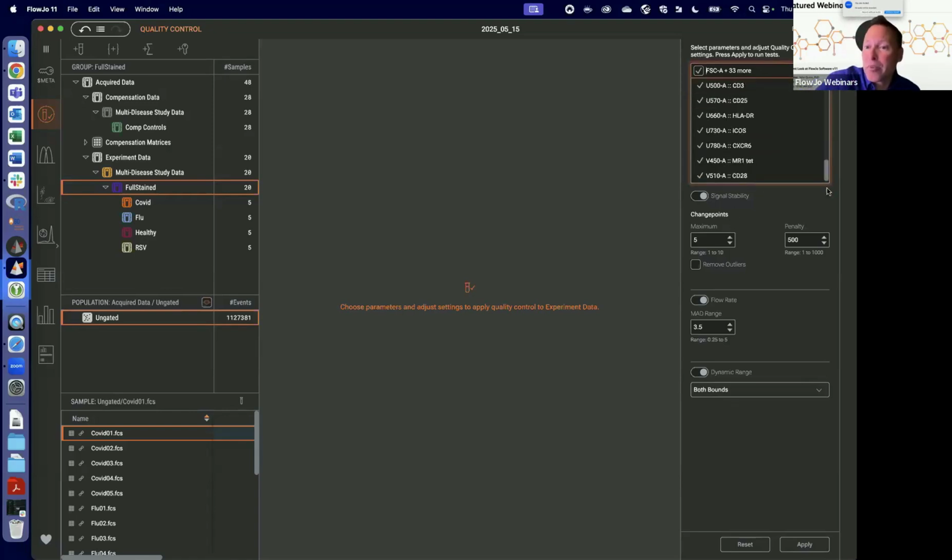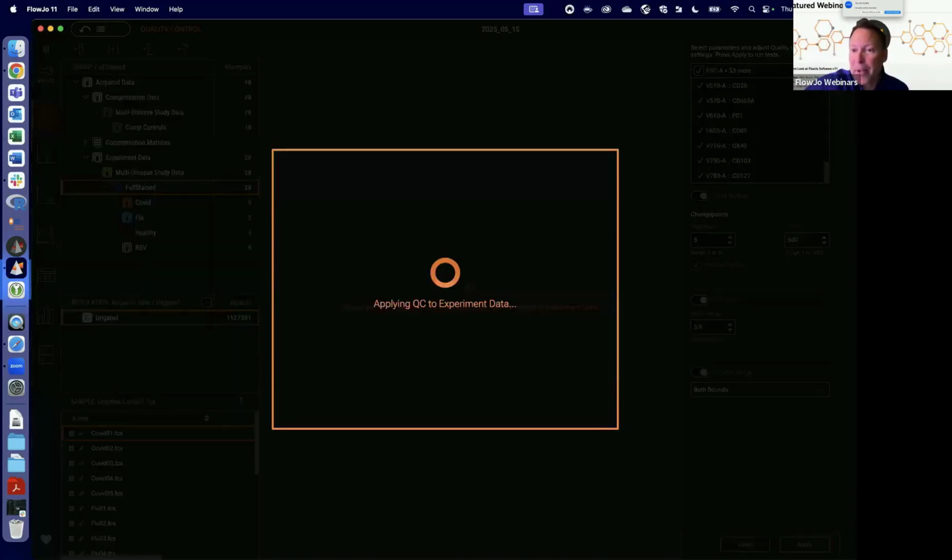Okay, so we have the choice of parameters. If you want, you can select, deselect everything using those checkboxes. You can select individual or multiple parameters to look at. We just display the uncompensated slash raw up at the top, as that is what Flow AI or this Flow AI-like program is best used on. You've got the same kinds of choices. The remove outliers button, I think, is generally an important one that you'll want to check on. That allows individual moments of signal instability to be treated as an outlier and not chosen as a threshold moment for all events after. I'm going to hit apply,